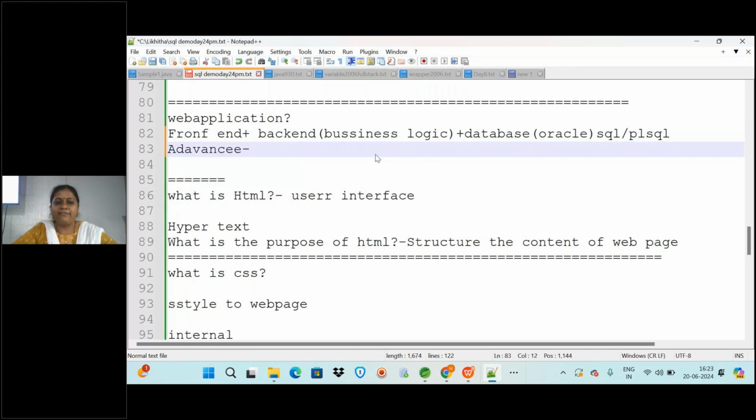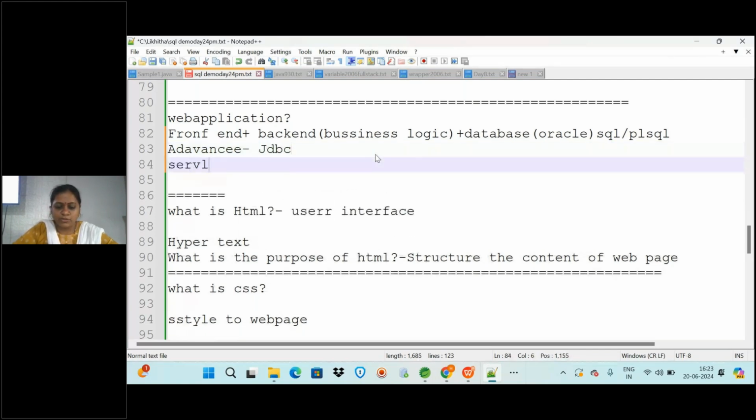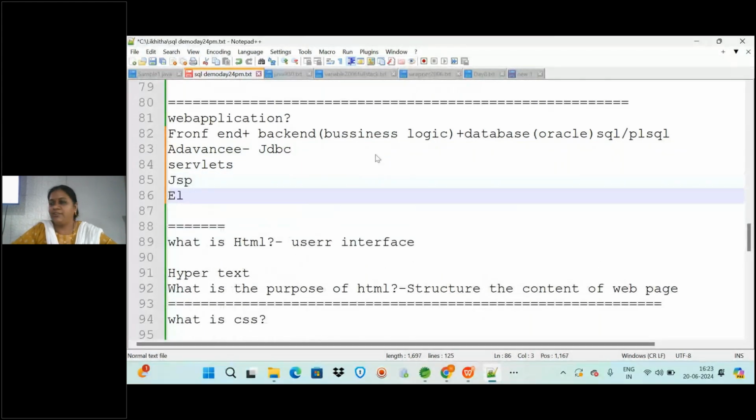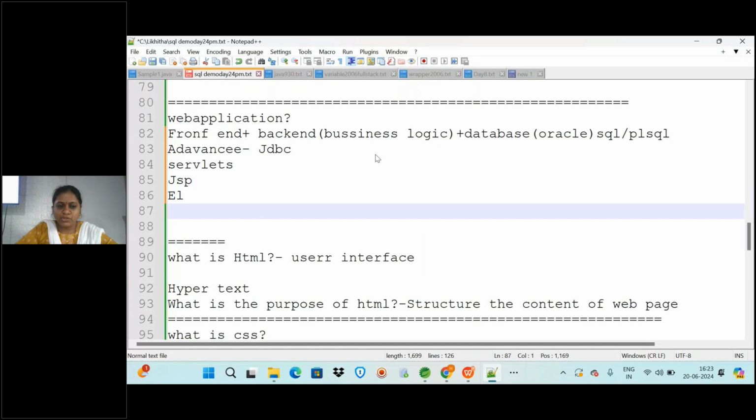If anyone has any doubts about the topics we are going to cover in advanced Java, that is JDBC and servlets and also JSP with EL and all, we have all the technologies that you are going to learn. Along with this you will also learn about the frameworks.